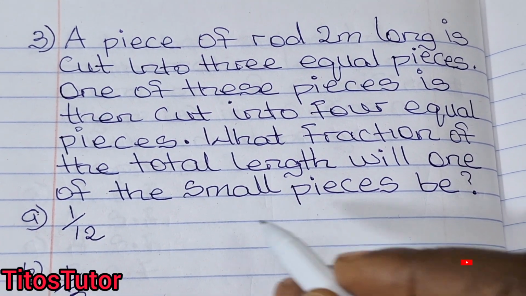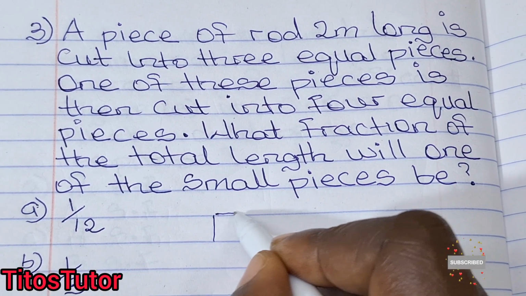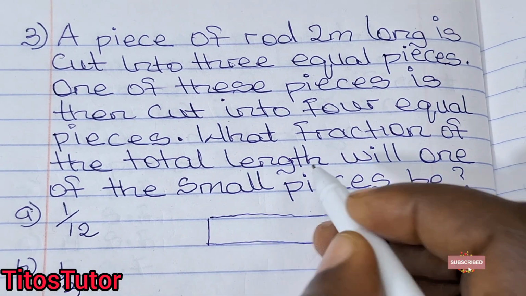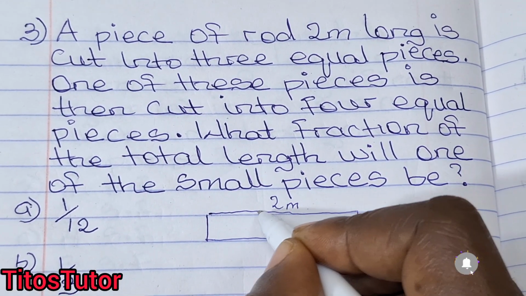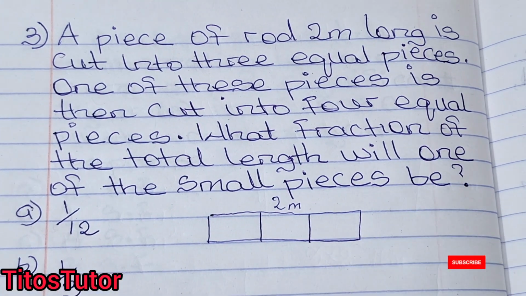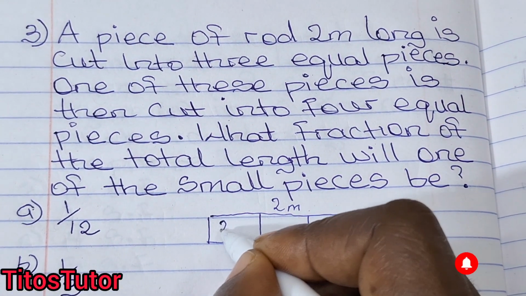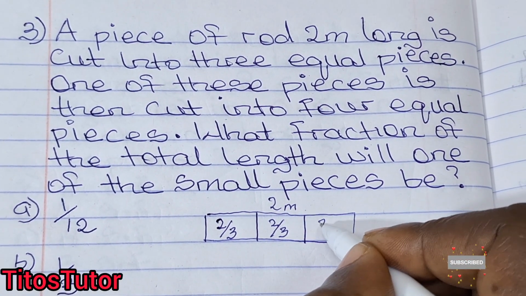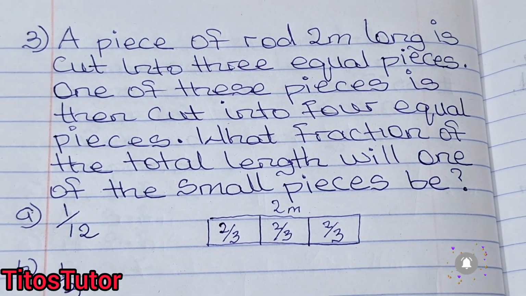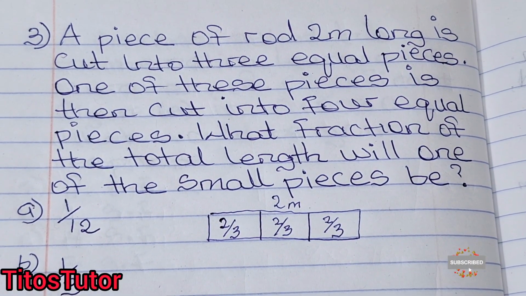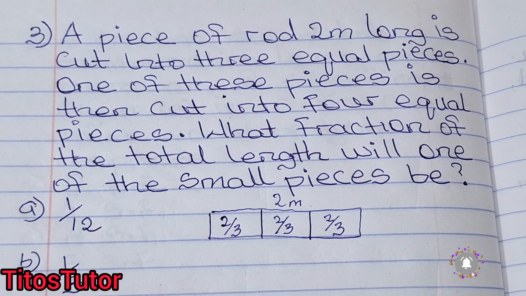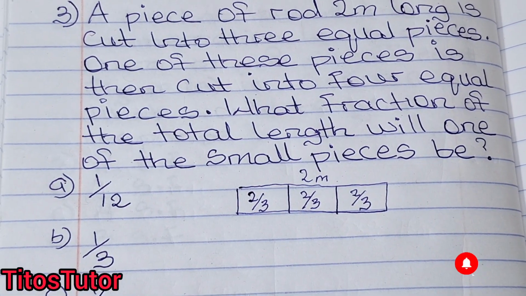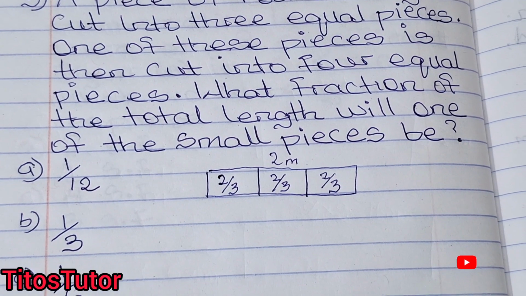So let's go. I'm going to sketch the rod 2 meters long. So this is 2 meters, and 2 meters was divided into 3 equal pieces. So this is 2 meters divided by 3, 2 meters divided by 3, 2 meters divided by 3. So each piece is 2/3. Okay, so this piece, one of it, from the question, it says one of it is then picked